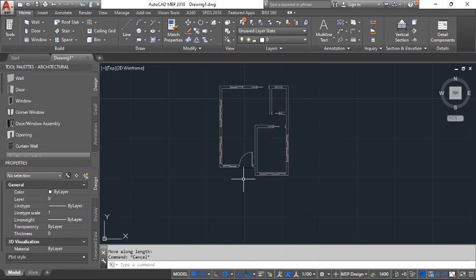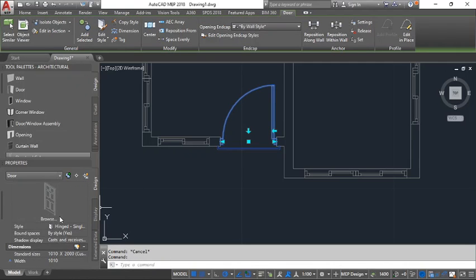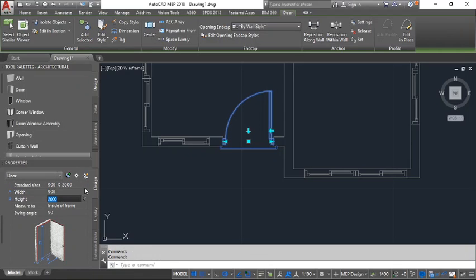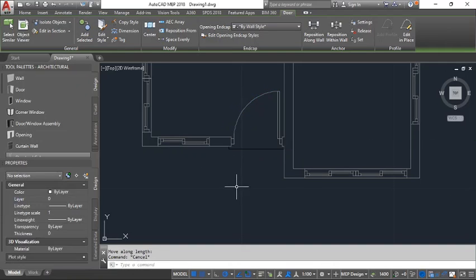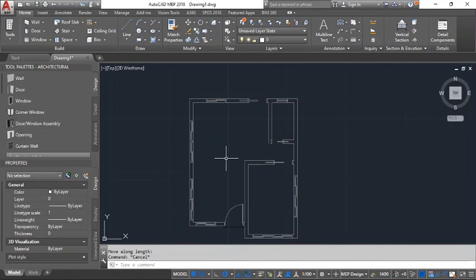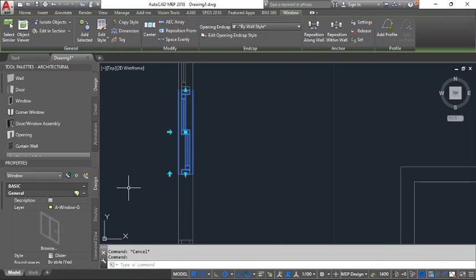Then we can change this one to the same 900. Okay, where did it go? 900. And same thing, move it to that side a little bit. Right, so we have ourselves, maybe we could